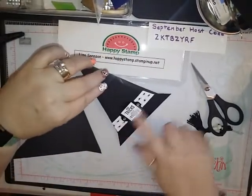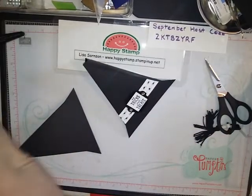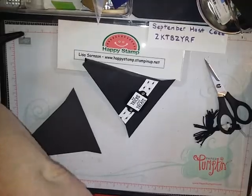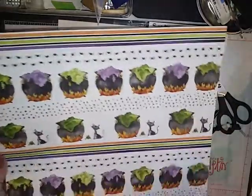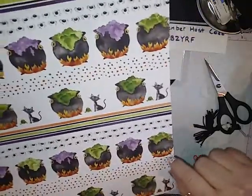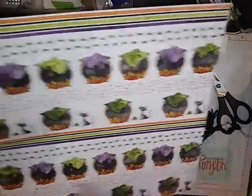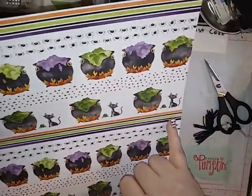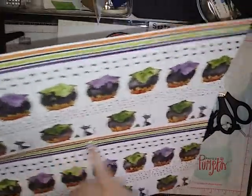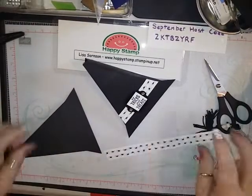this little strip here, and this is from the Toil and Trouble Designer Series paper stack that looks like this, and I just cut off one of these little strips of my spiders because I've used the cauldrons and the cats for something else. I use this in one of my projects that you saw. All right, so we're going to take this,